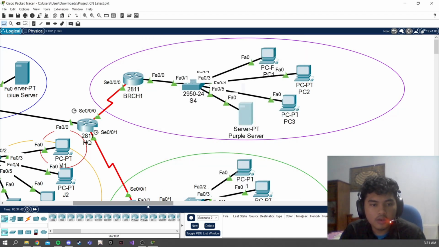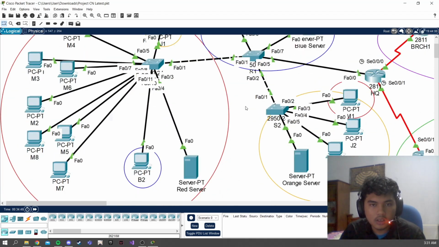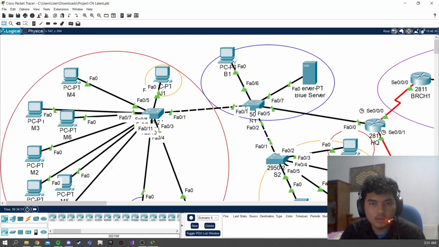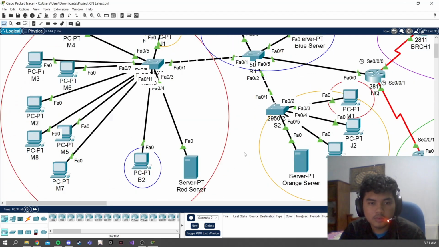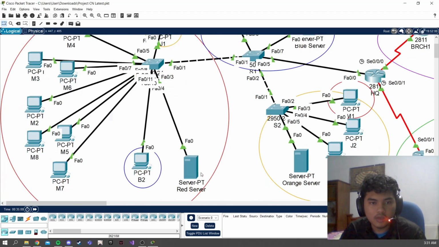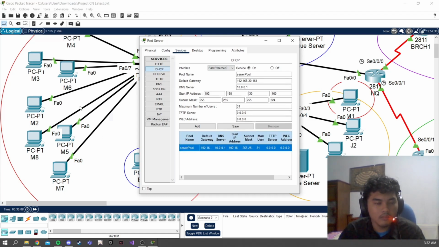so moving on to the HQ network, here we configured two DHCP servers and one web server. The two DHCP servers we configured are in the red VLAN and the blue VLAN. So you can see here, this is the configuration. We only configured one because only the red VLAN is configured as DHCP. Okay,